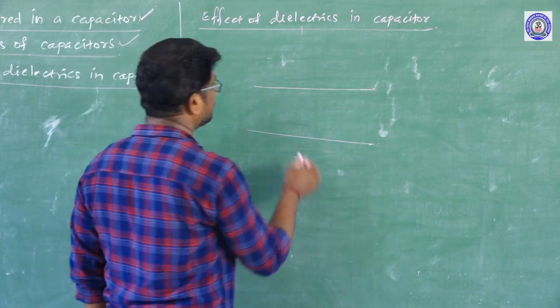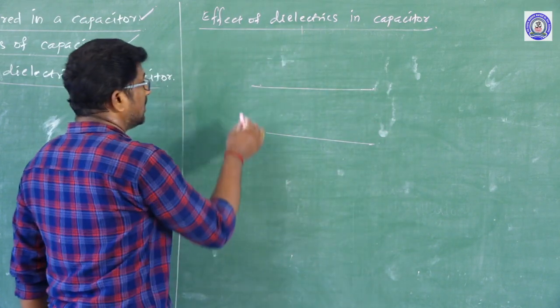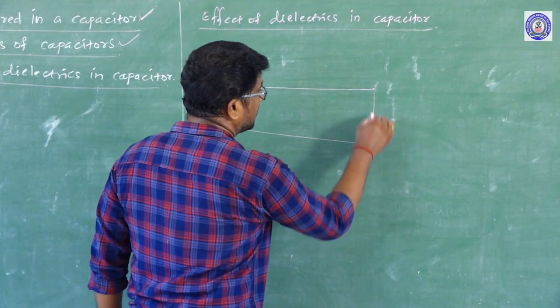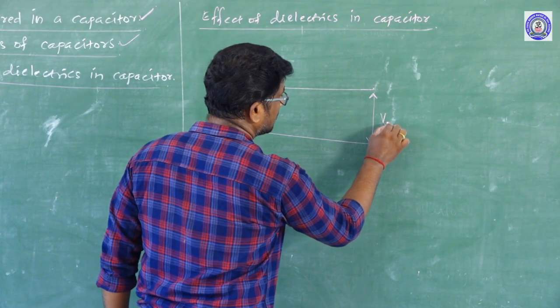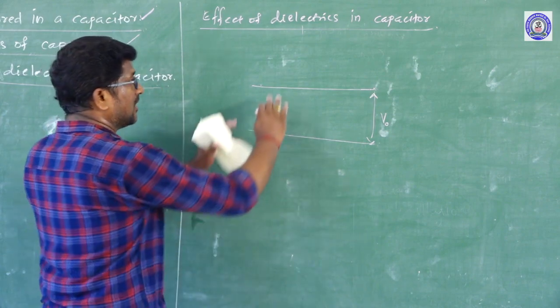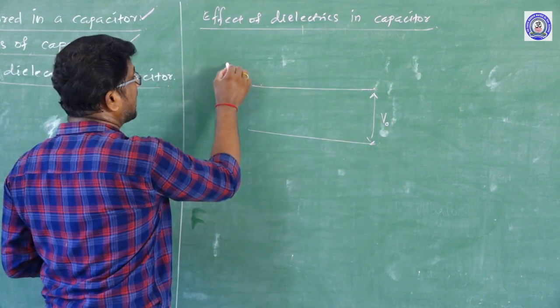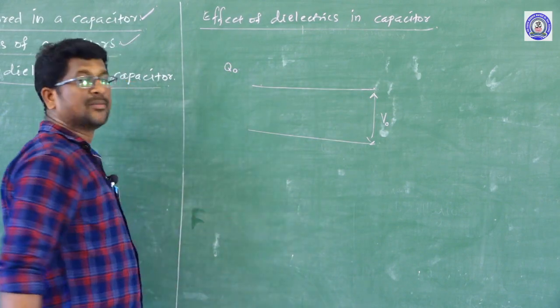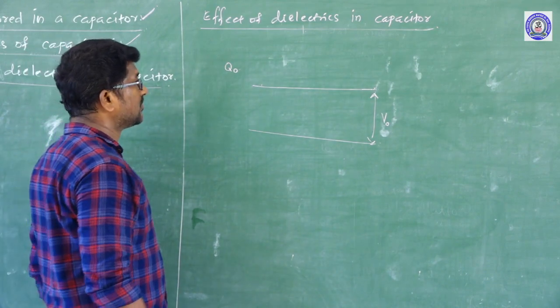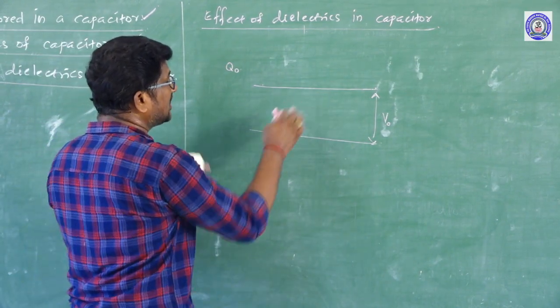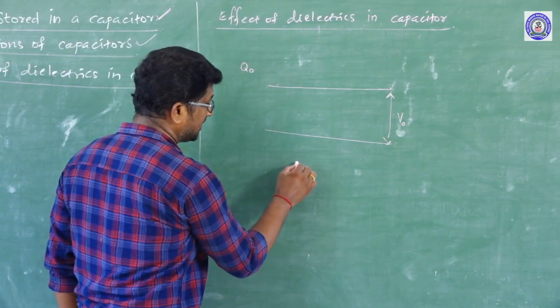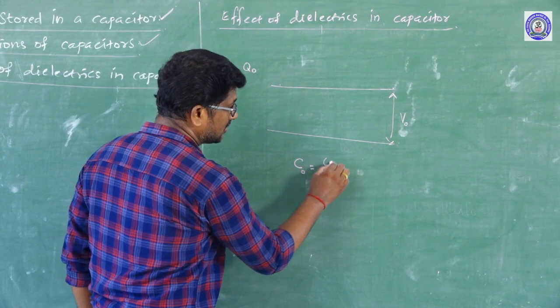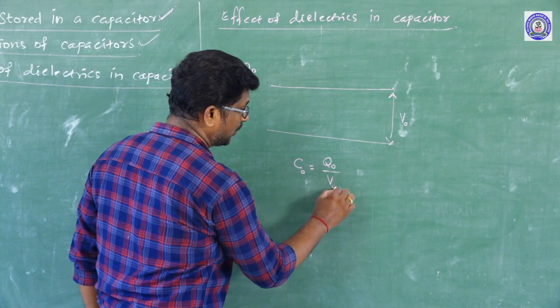Parallel plate capacitor, and suppose the potential difference between the plates of the capacitor is V naught. The amount of charge in the capacitor is suppose Q naught, right. Therefore, the capacitance of the given capacitor is given by C naught is equal to Q naught divided by V naught,